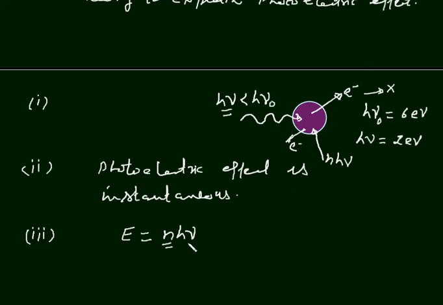It means by increasing number of photons, there may be photoelectric effect, but this is also wrong, since photoelectric effect does not depend on intensity. It does not depend on number of photons. Number of photons means intensity. Photoelectric effect does not depend on intensity or number of photons. It depends on frequency only. So this is also a cause of failure of classical theory.